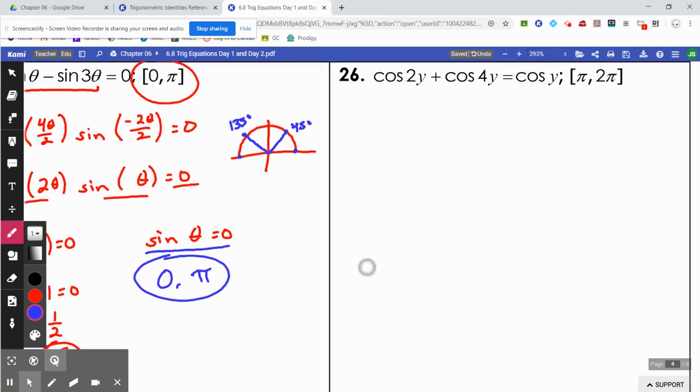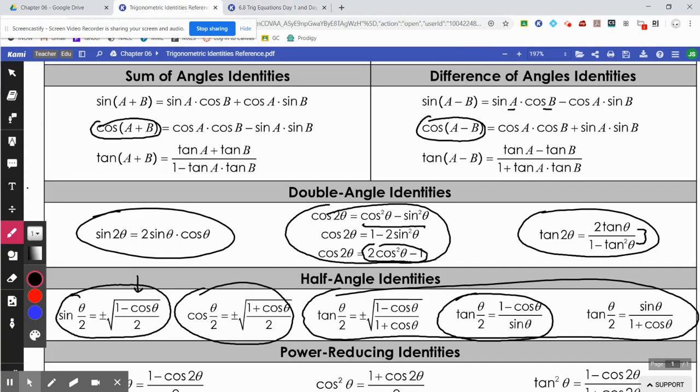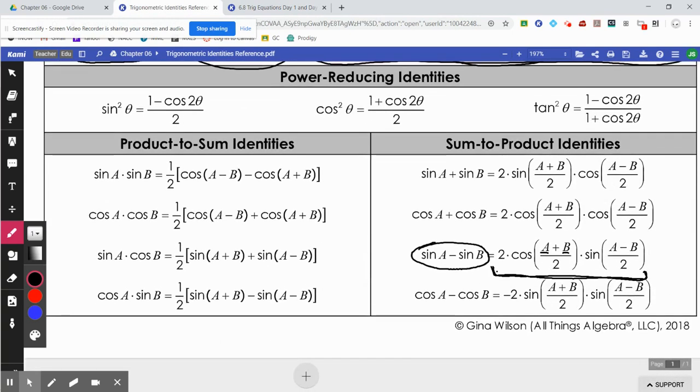And finally, the last one. Same thing, we have a product to sum, or sum to product. You can use either one. Here, I have a sum that can be changed into a product. And again, this is going to be, okay, try something, see if it works. If it doesn't work, try something different. So I'm going to take my cosine 2y plus cosine 4y, cosine plus cosine, let me scroll back down, and use this